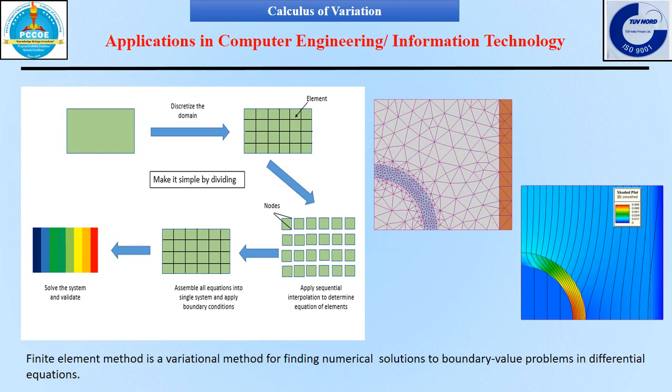Select that small object, apply sequential interpolation, and convert this equation to a sparse system. After performing the operations, assemble all equations in a single system and apply boundary conditions again. Solve this system and get the improved solution. So you can see the right hand side image, which is converted into small objects of triangle shape. After applying this system with operations, it gives the new improved image using finite element method.